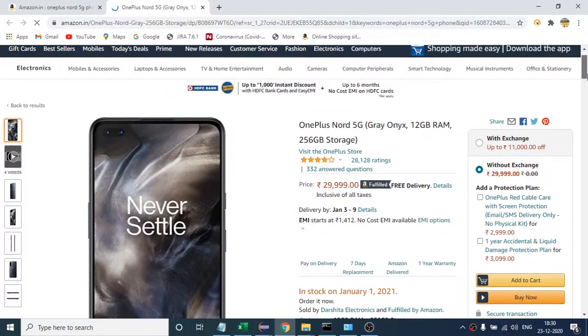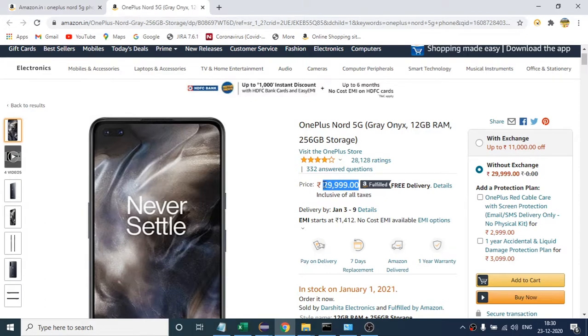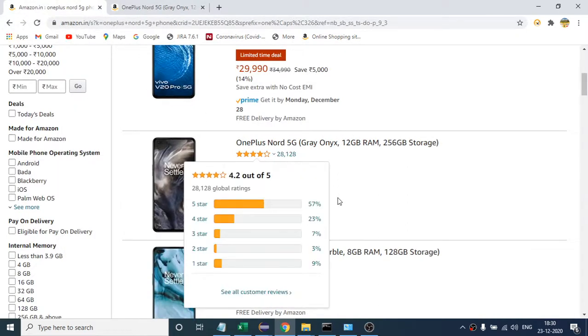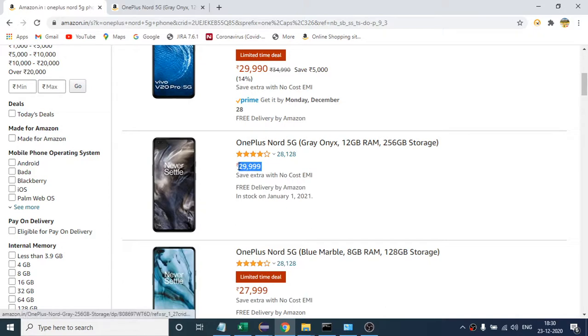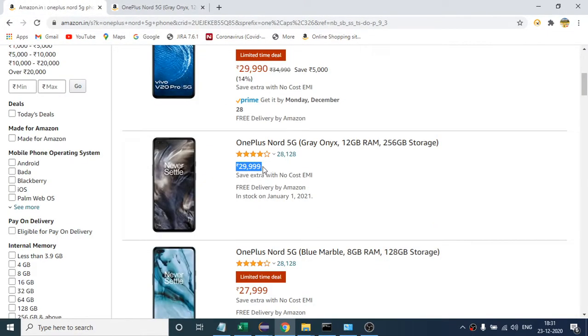Once you land here, you have to get this number with the help of Selenium code. You have to get this number, whatever is written here, the price basically, and store that in one variable if you want. From this one as well you have to get the price. Once you get the prices, you have to compare whether this price is similar to this one or not. So this is your first assignment.